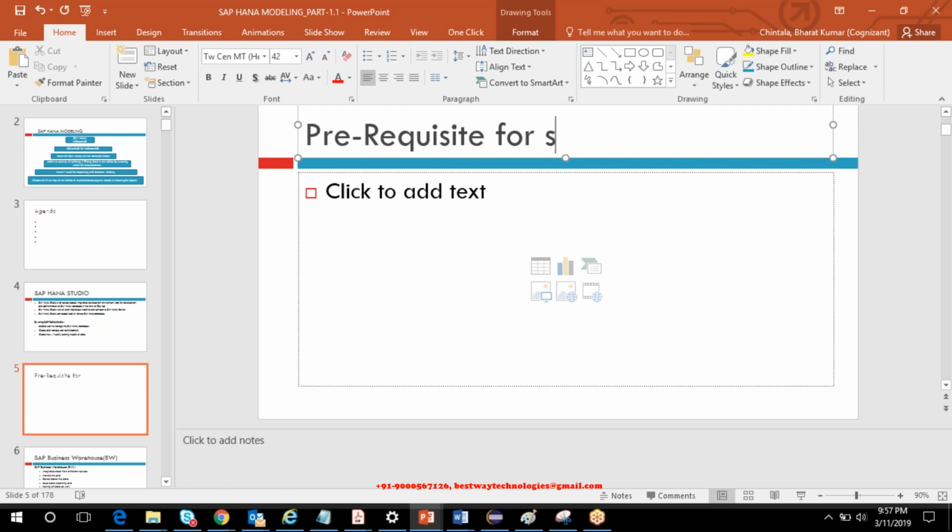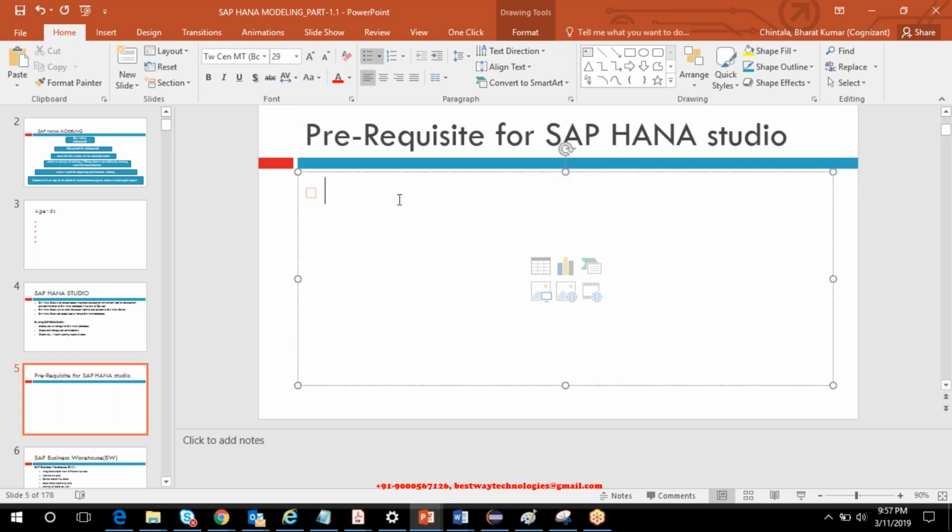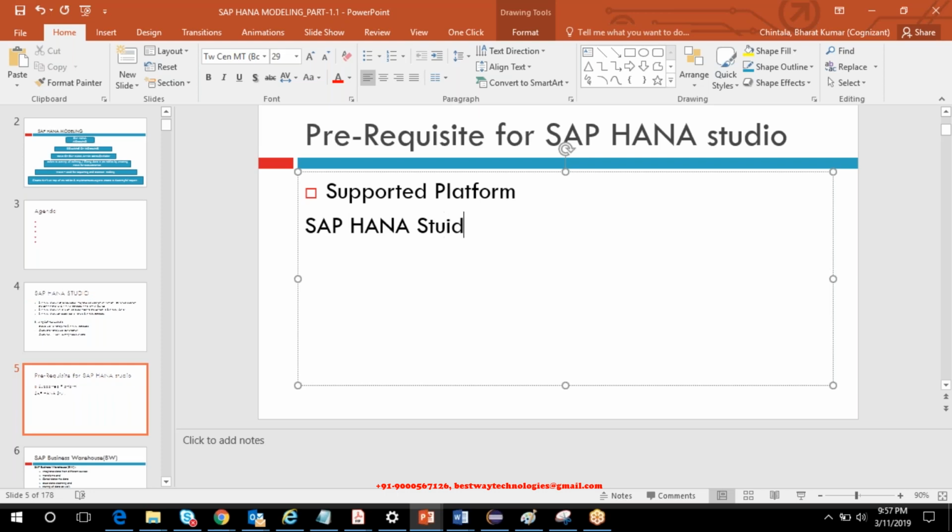Now I'm saying this is a client. We are going to install it on our desktop or laptop, right? So the supported platform: SAP HANA Studio runs on